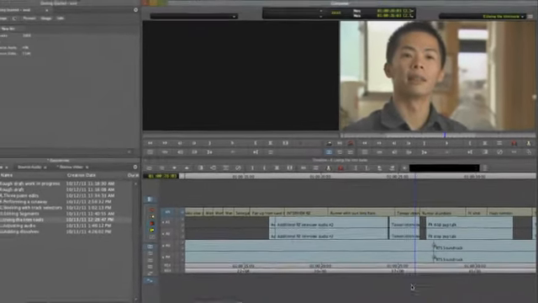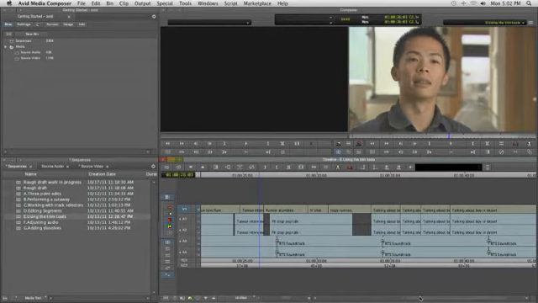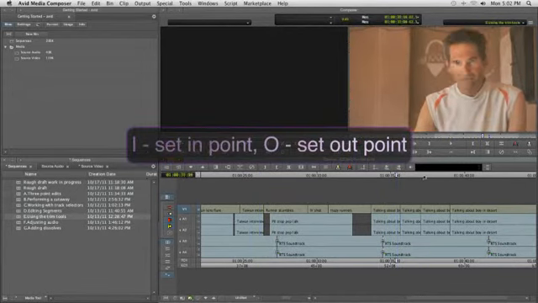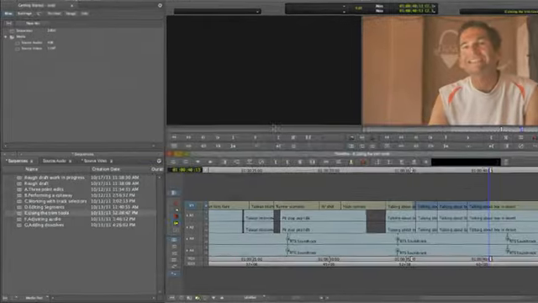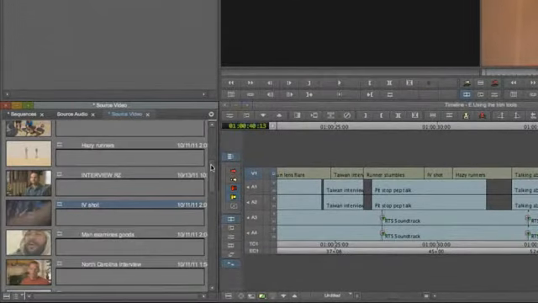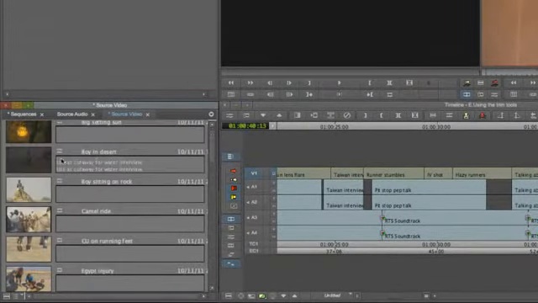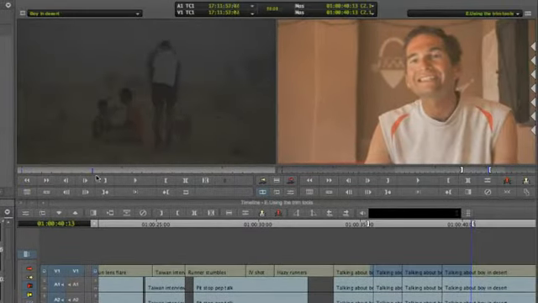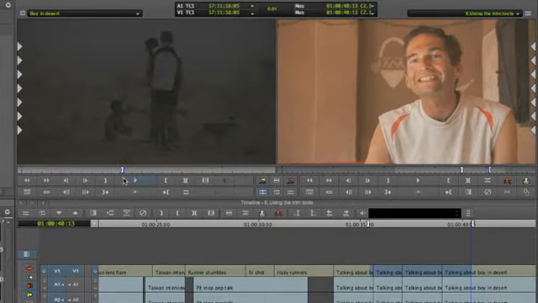Let's wrap up by editing some footage in to cover our interview edits. Set an in and out point in the timeline. Double-click the Boy in Desert clip in the bin and set an in point. Now, we only want to edit in video, so make sure your audio record track selectors are disabled and click